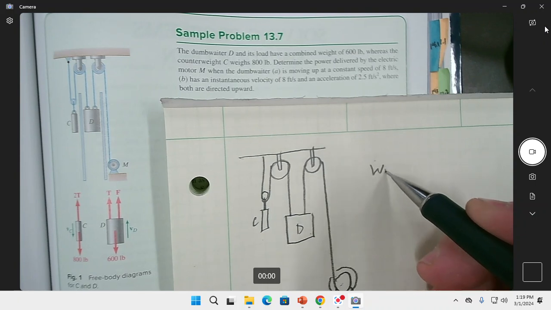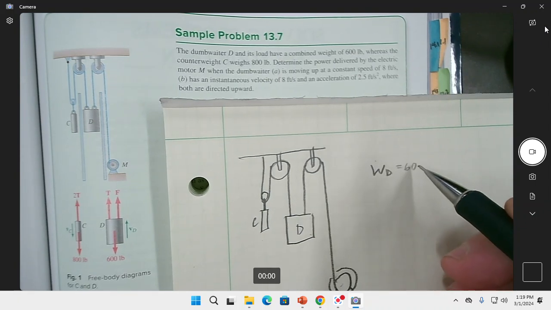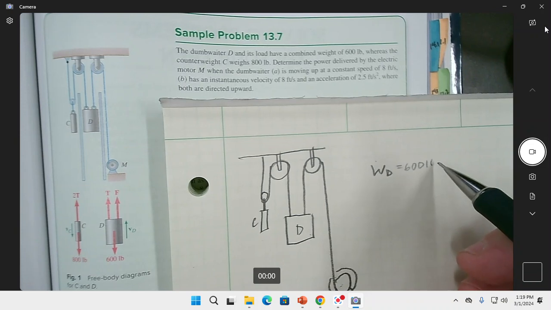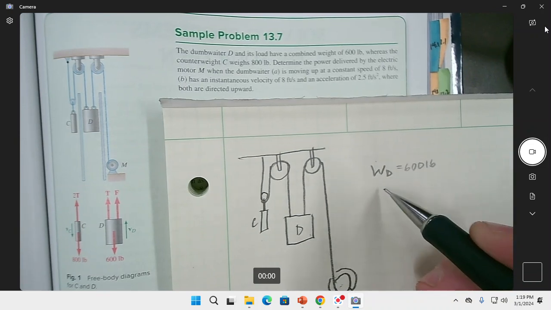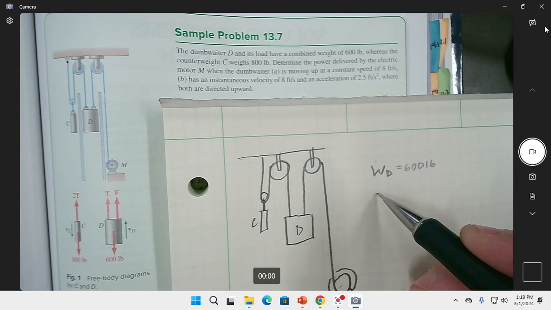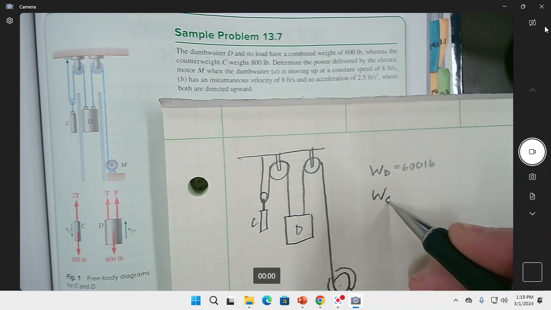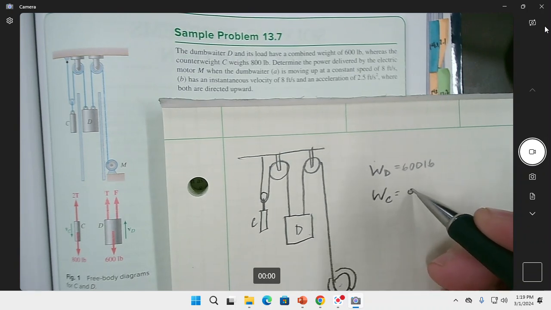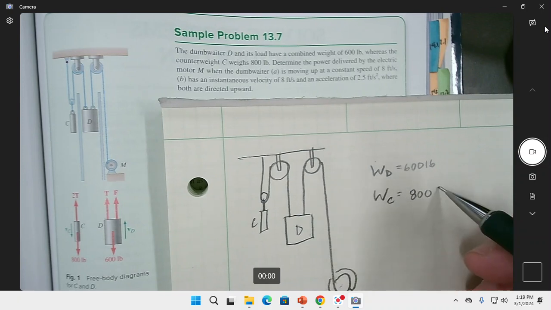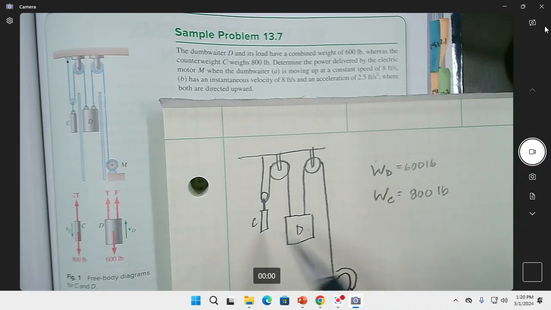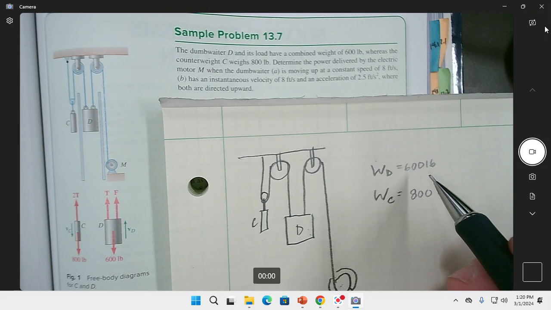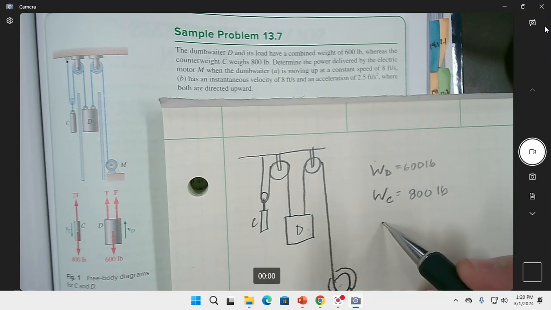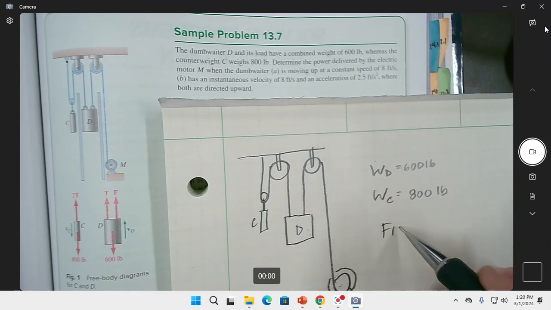So I guess the weight of the dumbwaiter is 600 pounds, whereas the counterweight, C, is 800 pounds. Determine the electrical power. So we got ourselves a find